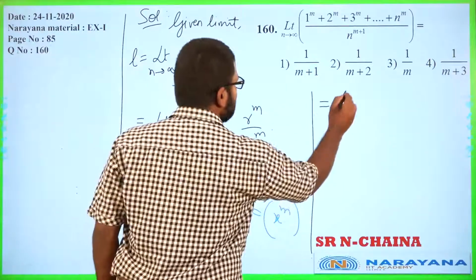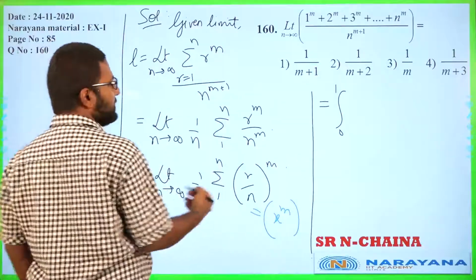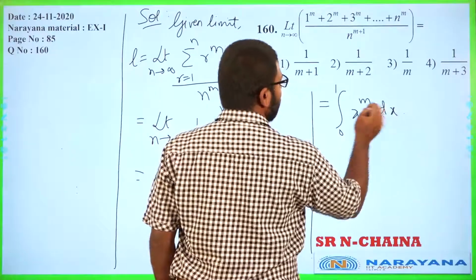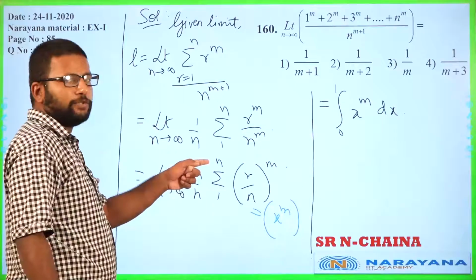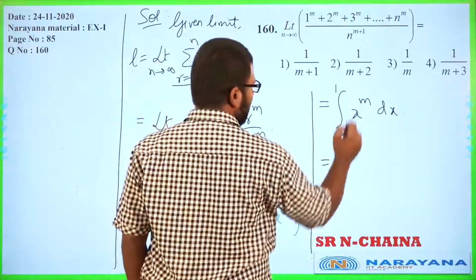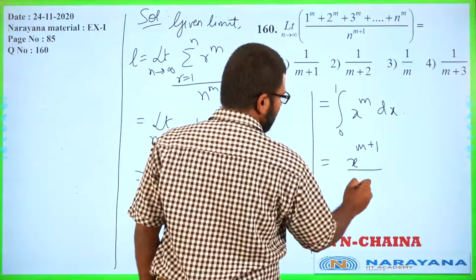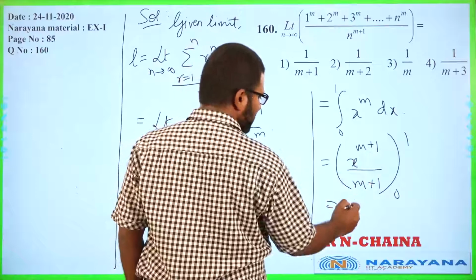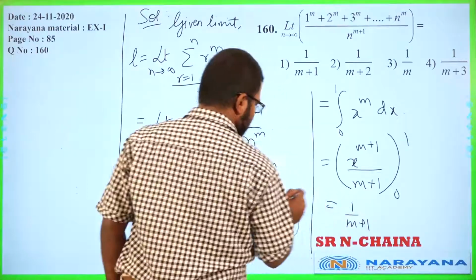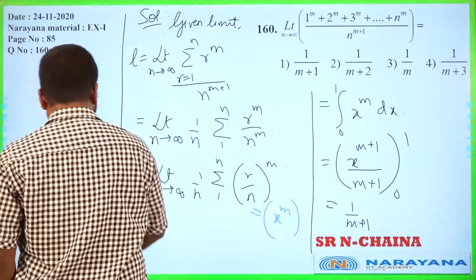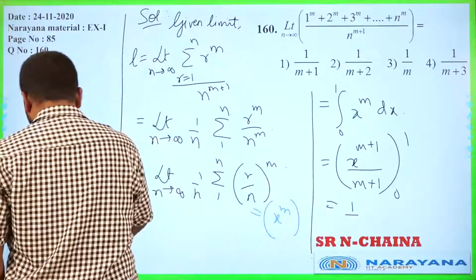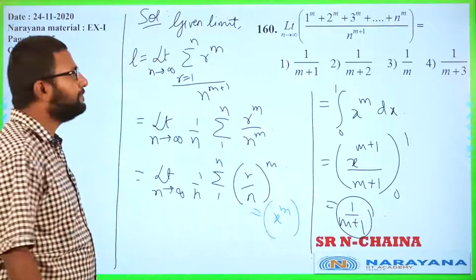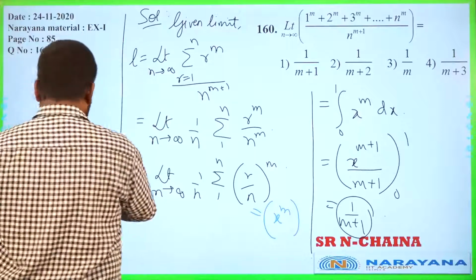Therefore, this is the integral from 0 to 1, everything else is same, f of x is this, x raised to m dx. Why are we going with 1 here? Because k value is 1, right. So x raised to m plus 1 upon m plus 1 from 0 to 1, substituting 0 will give you 0, 1 will give you 1 by m plus 1. One by m plus 1. Got it? Okay, let us proceed then.